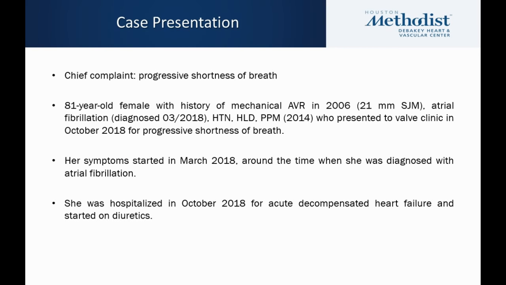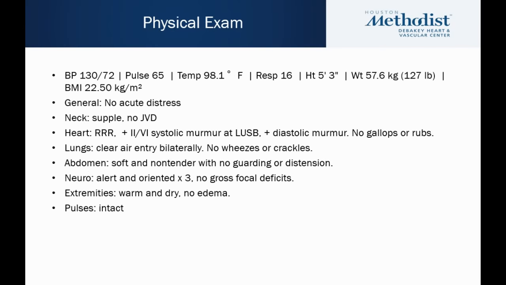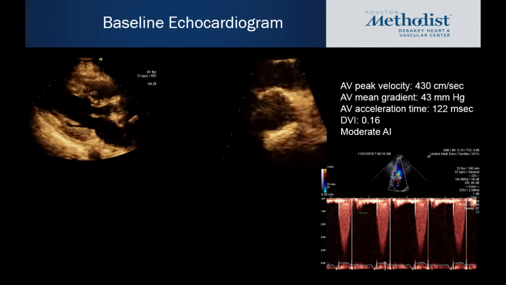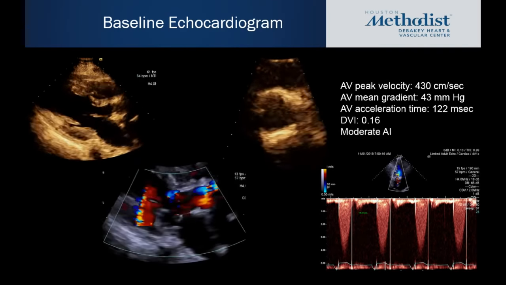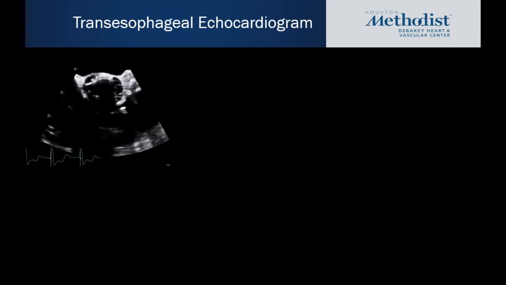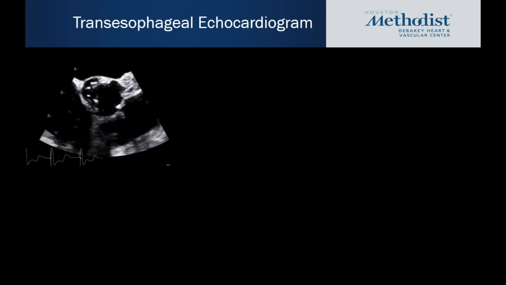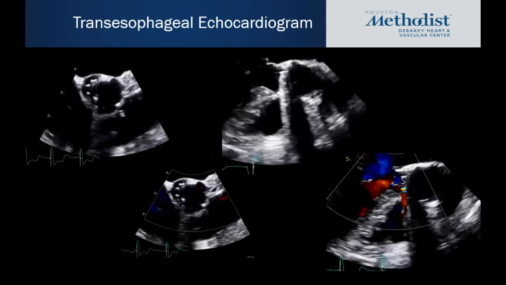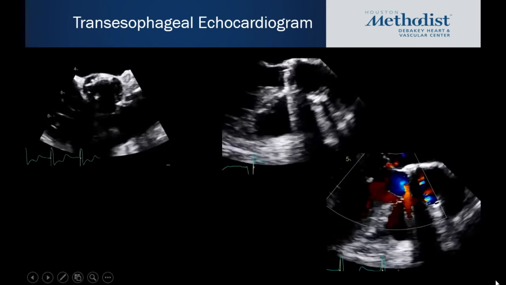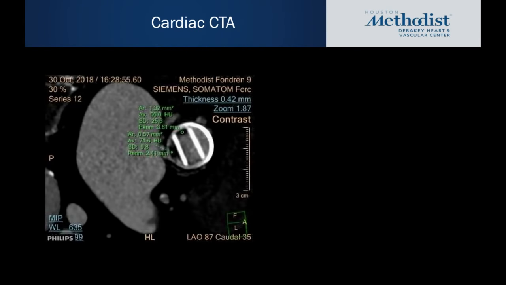I think a lot of fellows saw this one. It's a lady with a prosthetic aortic valve again. I'm not gonna go through it again. Transthoracic diagnosis: there's a prosthetic valve obstruction with some degree of regurgitation. And TEE, again, suffered the same limitation. We have the acoustic shadowing, and CT was very